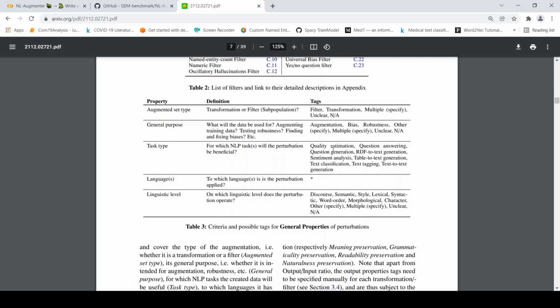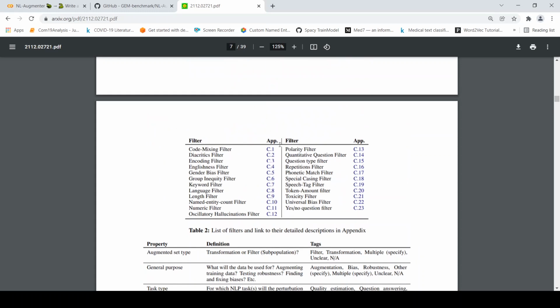Is it quality estimation, question answering, classification, sentiment analysis, text to text generation? For which language? Okay, and on which linguistic level does the perturbation operate? Is it semantic? Is it lexical? Is it word order, morphological, character? Right? So these are the criteria for general properties of perturbations.